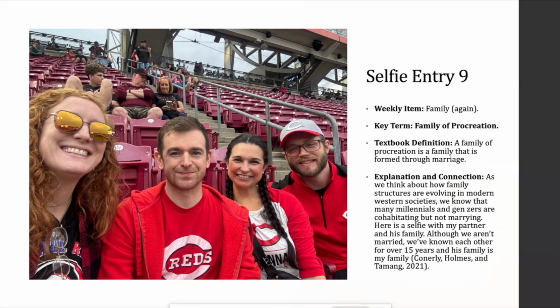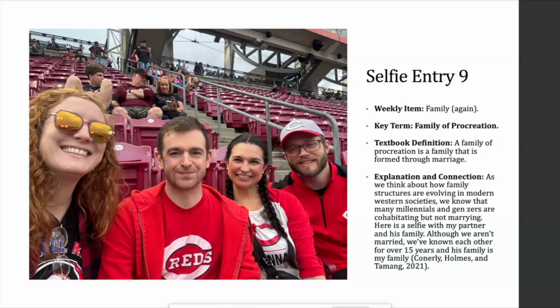All right. Selfie entry 9. In this unit, we focused on family. And so I said you could do a selfie with your family again, because recall from the first half of the semester, selfie entry 1, family was one of 3 options you could choose from for that first selfie entry. I didn't do a family for my selfie entry that first week. However, I still wanted to think outside of the box for the selfie entry. It helped me to be able to connect my selfie for this week with the readings related to family.